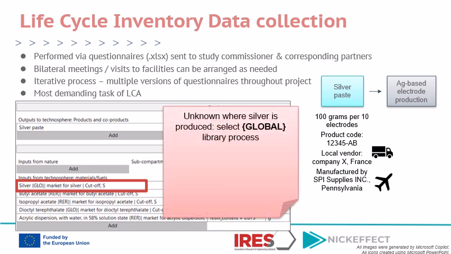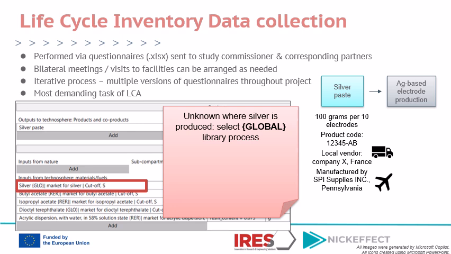So for the silver, which of course is part of the silver paste we are studying, as you can see, I have selected a global process. This is because I don't know, as an LCA practitioner, where the silver came from. I don't have a direct communication with the provider of the silver paste. They are not part of the project, so it is not very easy usually to get information from people not involved in an LCA. So therefore, I choose a global process to just get a bit of an average situation